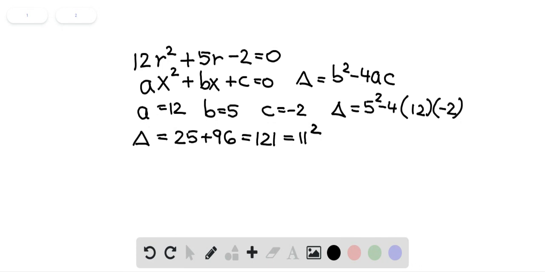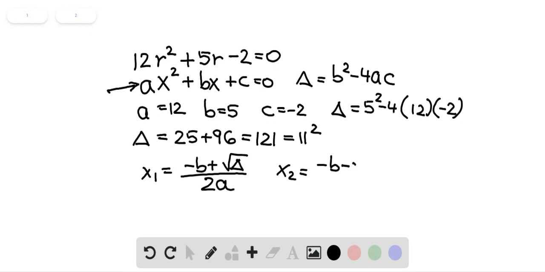The general formula for the roots for our generic equation would be x1 equals negative b plus square root of delta over 2a, and x2 equals negative b minus square root of delta over 2a. So for our equation here, we will have r1